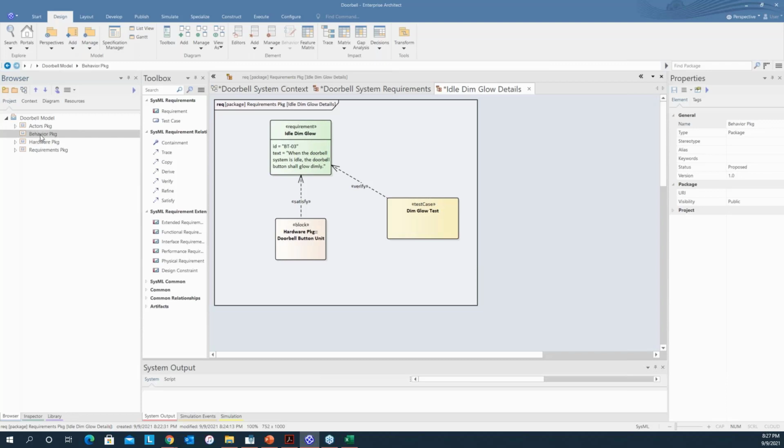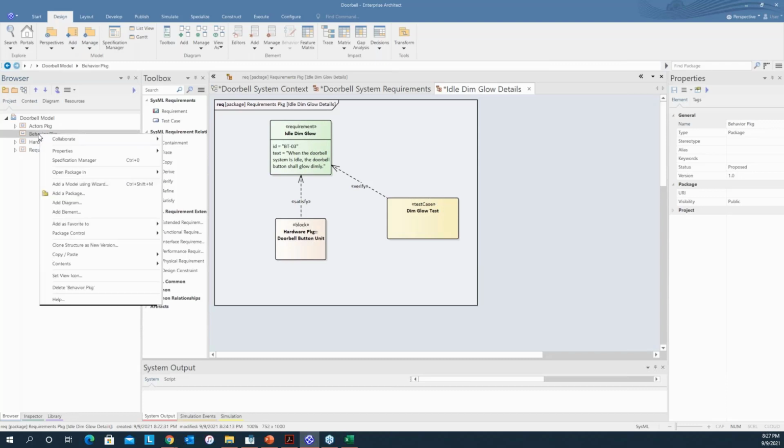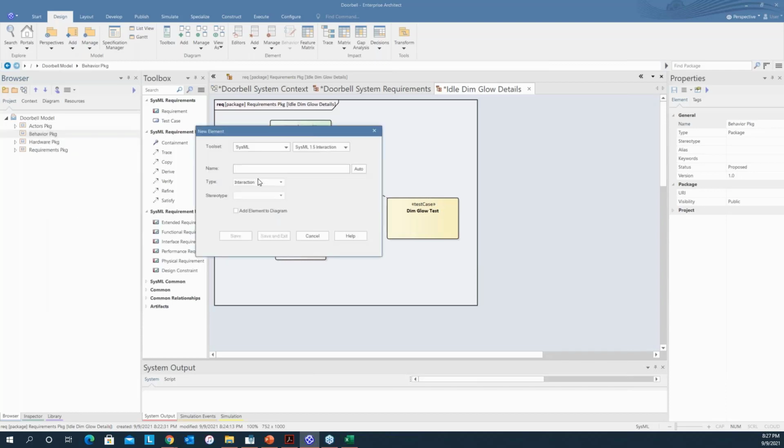Some people do it by project phases, some do it by subsystems, some do it by logical versus physical design, lots of different ways. At any rate, I've got a structure here. We're putting the behavior in there. And now we're going to do this correctly. We're going to add an element called an interaction. And we're going to call this